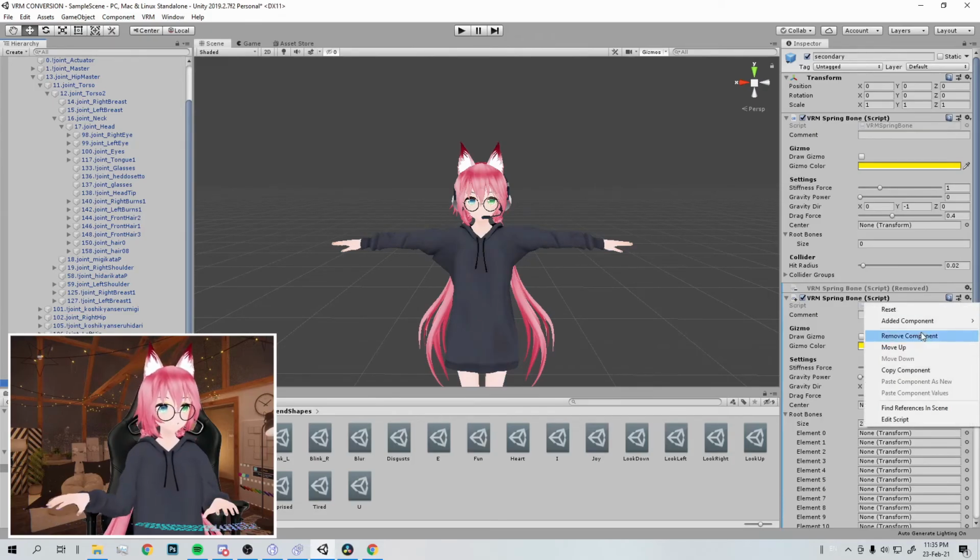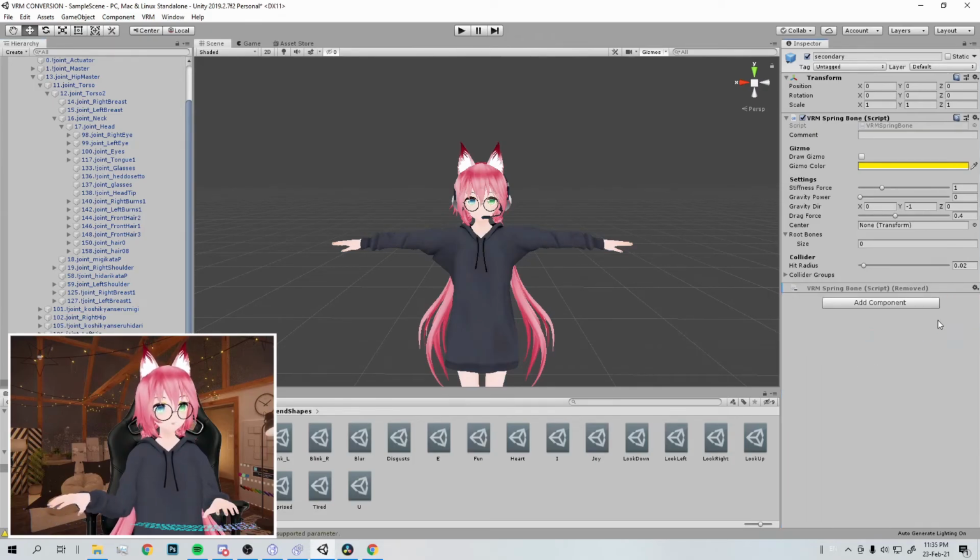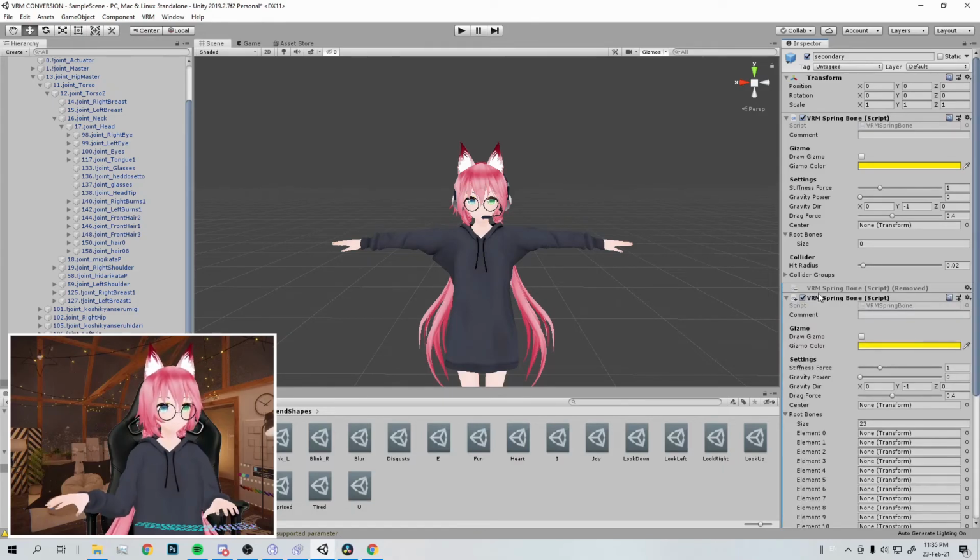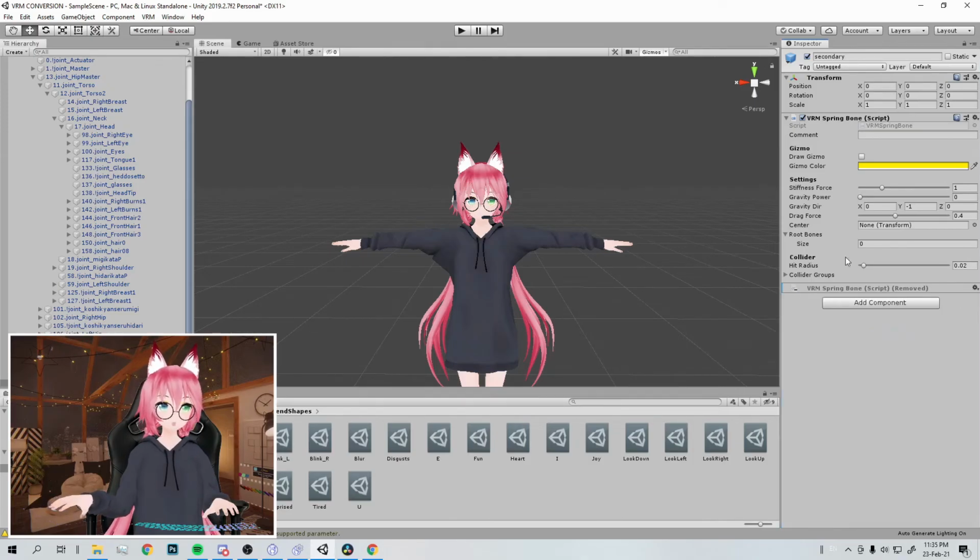Once you find secondary, I'm gonna remove this component right here. Oh wait, sorry. Yeah, gonna remove this component right here. So now that we are going to add the hair physics, what you're gonna do is go to the secondary,